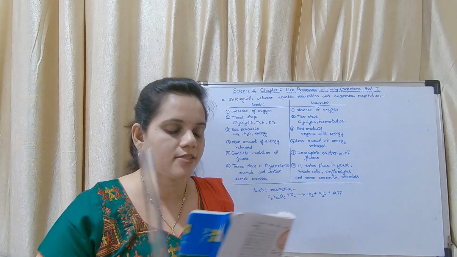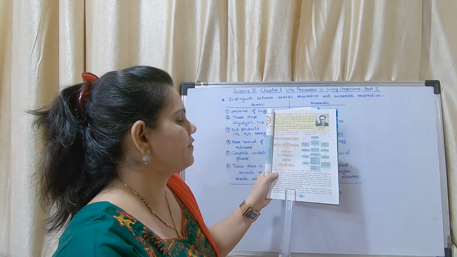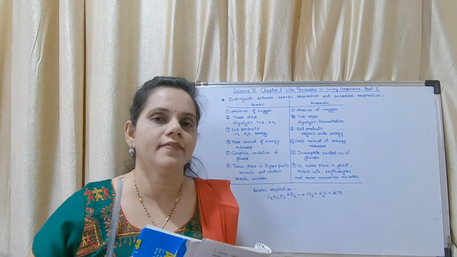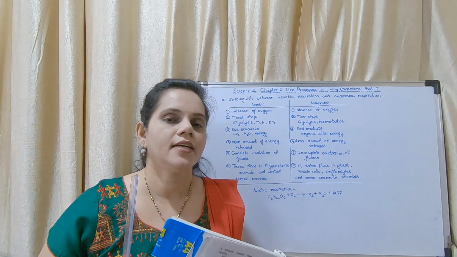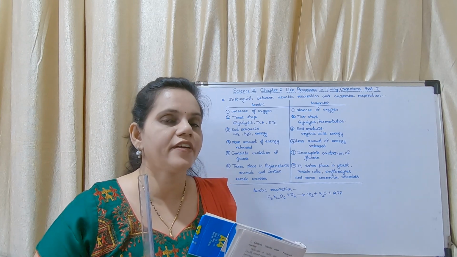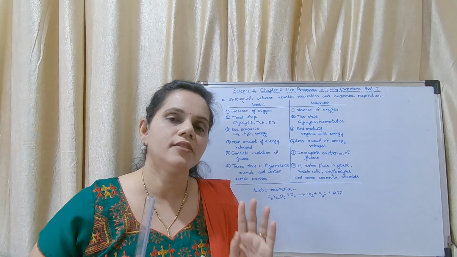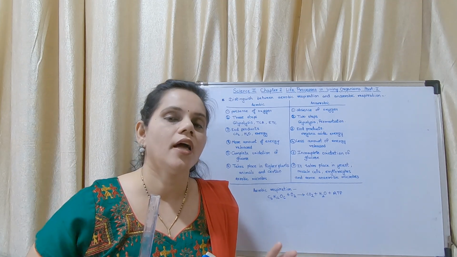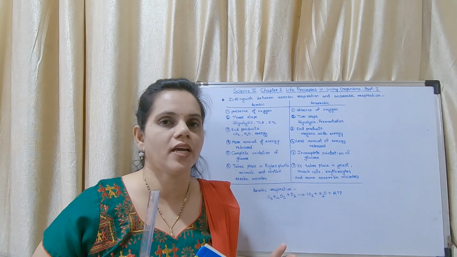That is not there in our syllabus. In the last paragraph here, they have given about muscle cells. That point is very, very important. Okay, it is there in the textbook. You may refer to the textbook for that paragraph. In that paragraph, you have what is fermentation, what are the 2 steps of anaerobic respiration, and what happens in muscle cells while we are doing exercise.